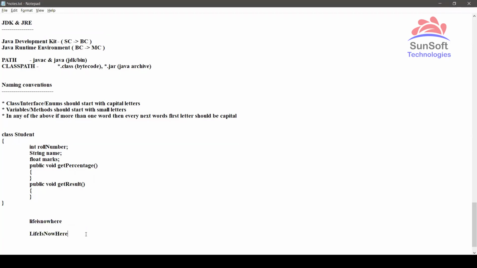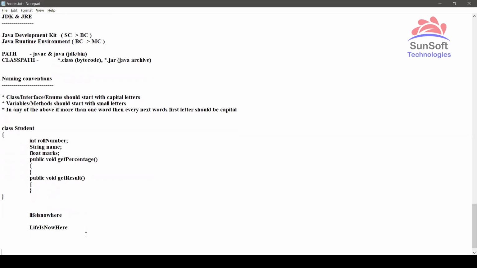Similarly, if anyone looks at the name, starting with a capital or a small letter, they will immediately come to know whether it's a class, a variable or a method. Obviously a method ends with round brackets. If not, then it's a variable. But if it starts with a capital, then it is a class name. Likewise, we can easily identify. So this is for better readability, so that the code looks cleaner and is easy to understand.